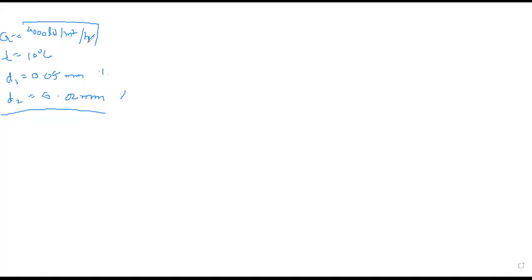So now, first of all, we need to find out the settling velocity of the tank. Then we can find out the settling velocity of the particle. And then we can find out the percentage of the particles which will be settled down in the existing design of the sedimentation tank. Okay, so this way you can solve this problem.